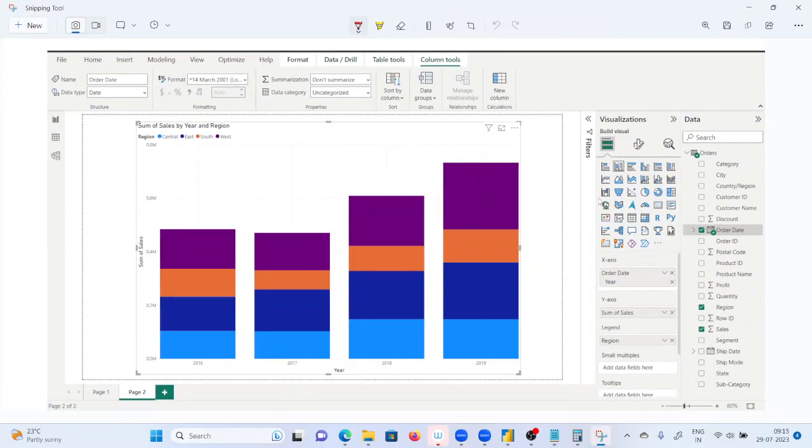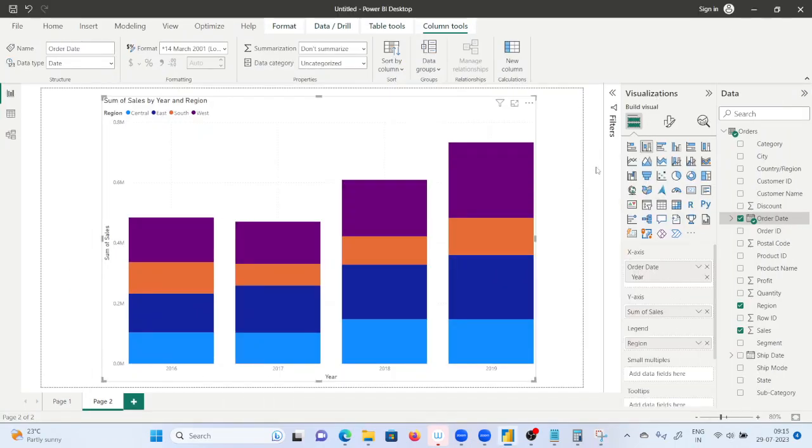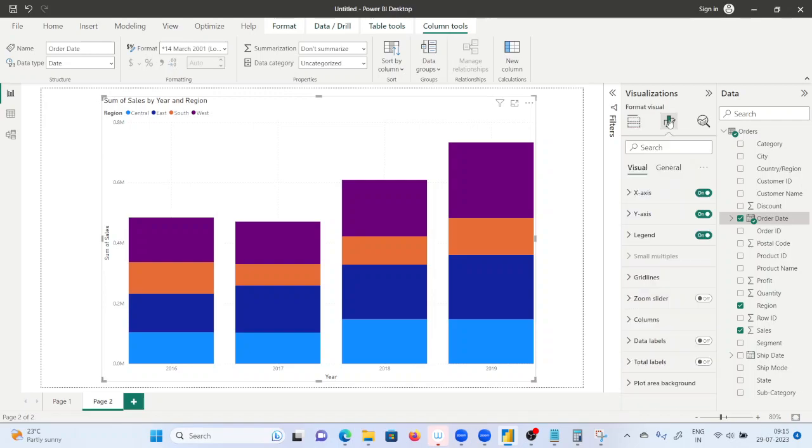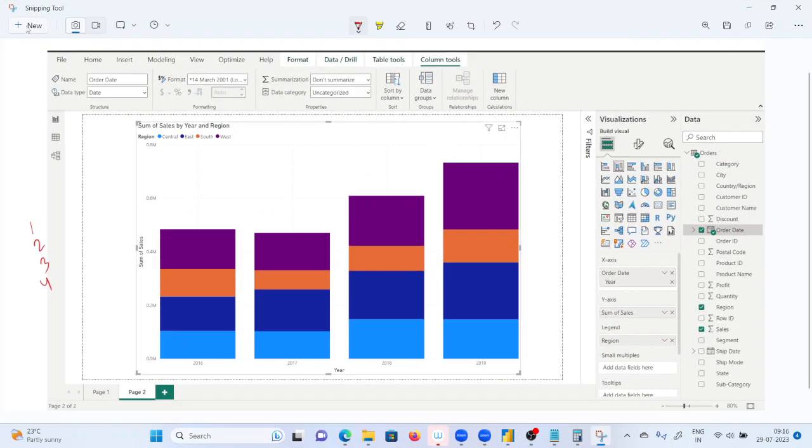What is the rank? So tell me, if I have to rank, give 1, 2, 3, 4. So who is doing the highest sales here? Who is rank number 1? Okay, let me do one thing. Let me add the data labels so that you will understand. Data labels, okay. Now tell me,